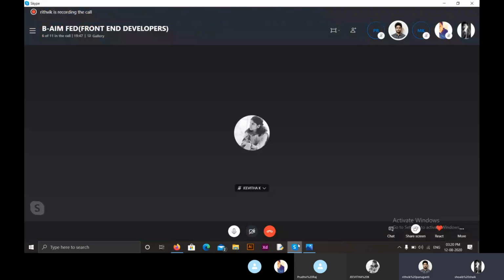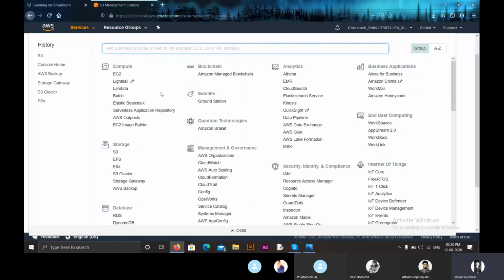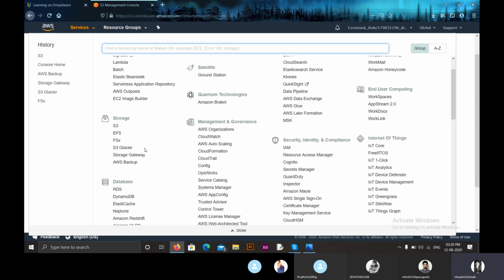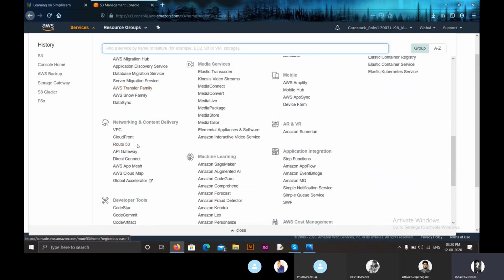So yeah, this was all about S3, Simple Storage Service. If a cloud consumer asks us for a service which requires storage, then we as cloud providers provide them, through a cloud connection, this storage service, that is Simple Storage Service. So now let us move on to another service, that is Amazon Route 53, which is a part of the networking and content delivery service.